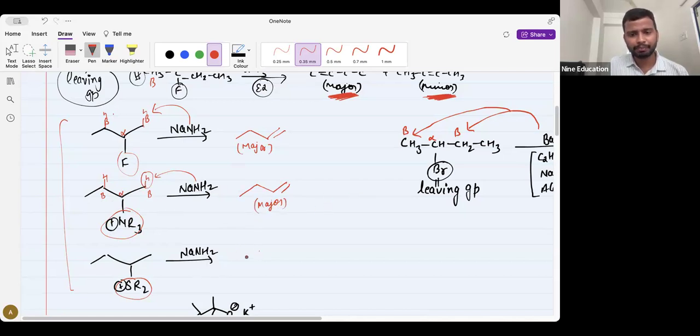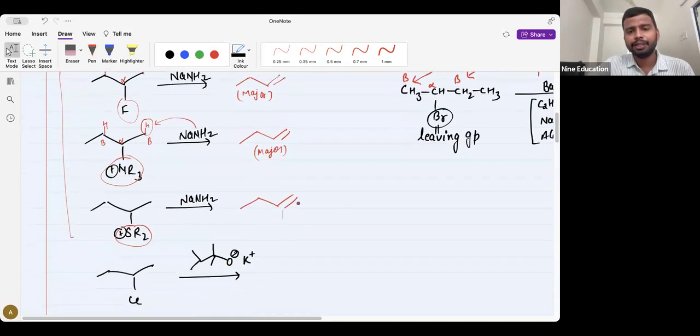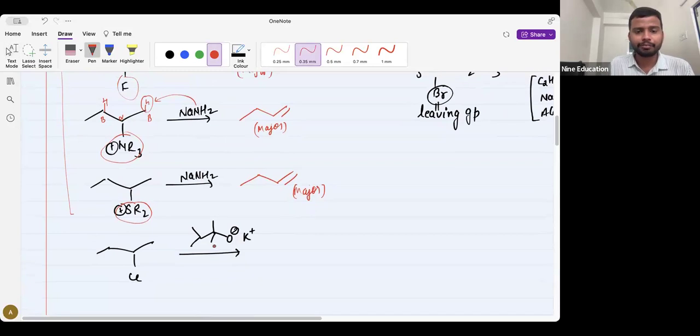Last one, also look here, this one also we have SR2 positive. In this also Hoffman product will be our major product. Remember, beta. See, this is the case of bulkiness in a bulky base. When you have a bulky base, a big base, this base is very bulky. Whenever you have bulky bases, like for example